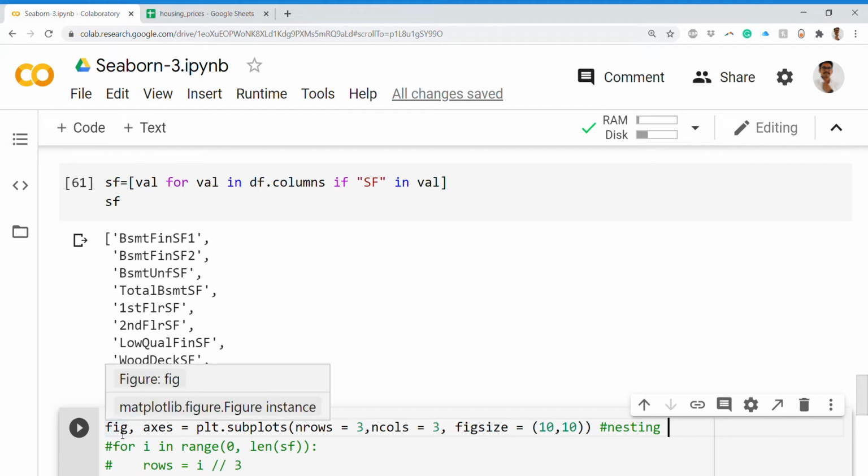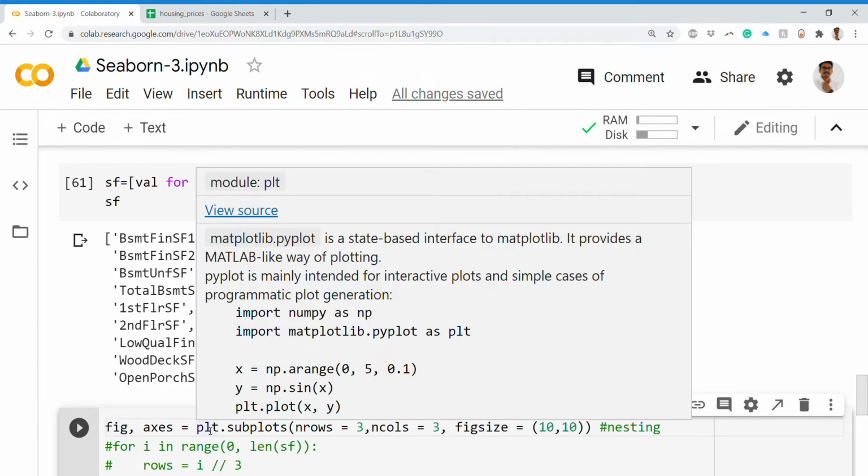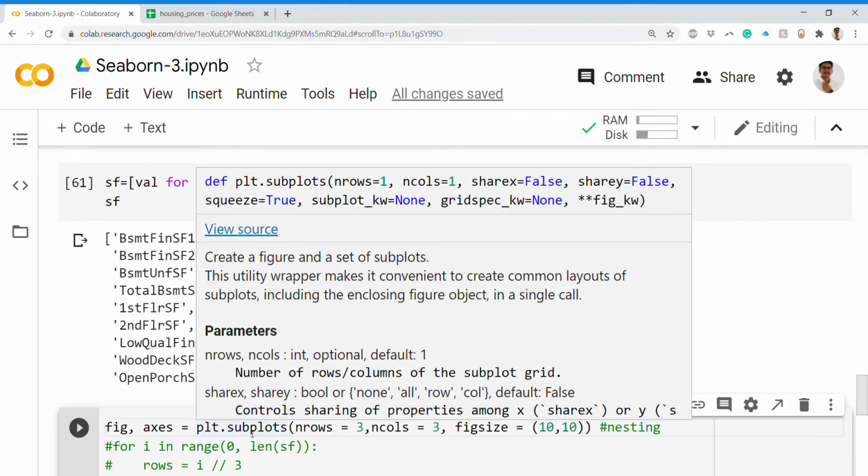So what I'm doing is I want to plot a figure and an axis. These are the two things that are there by default. This is the matplotlib figure instance, which we are taking from the matplotlib library, and there is one axis. The figure is just for plotting the figure, and the axis is where we have to put the alignment. And to that, this is plt, another module from matplotlib, and to that I'm passing a subplot.